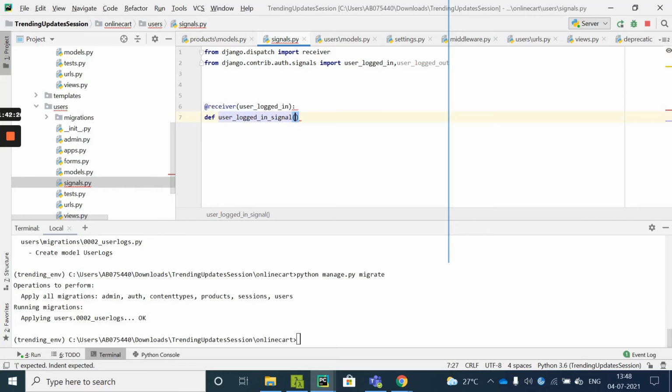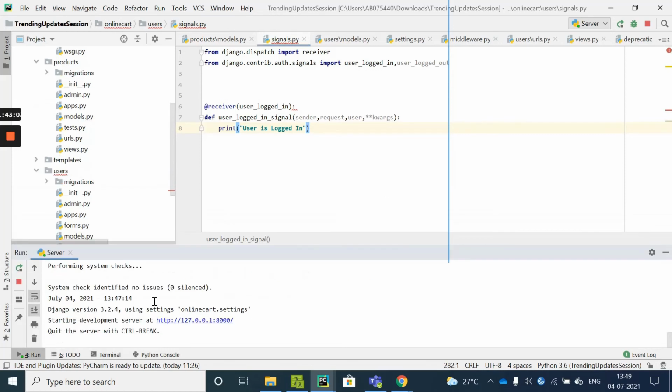You can name it anything that you want. You need to have sender, request and user as arguments for this function. This is optional. When the user is logged in, first I'll print "user is logged in". This simple message it should print.